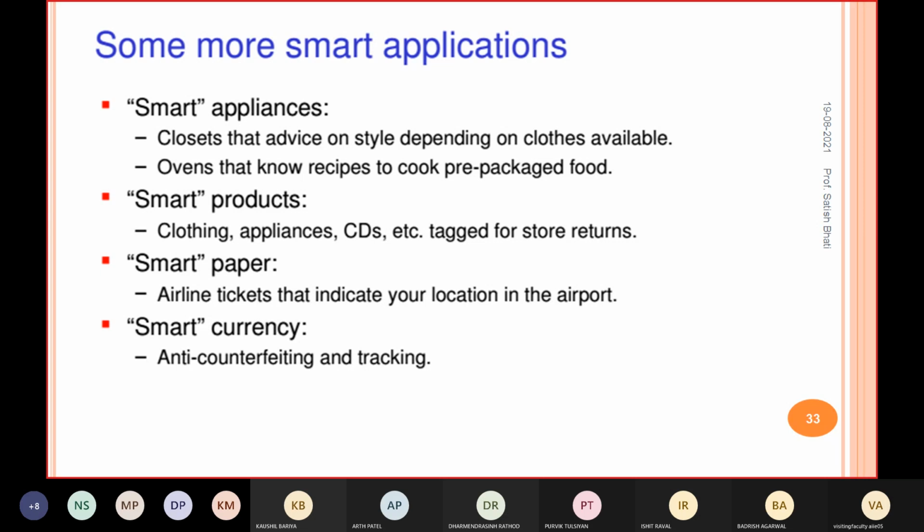For example, nowadays we are not doing it, but in the past people would go to some shop and take the CD or DVD of some particular movie on rent, right? If you paste this RFID tag on the CD, you can track the location. If somebody does not come back to return it, then you can find the location.